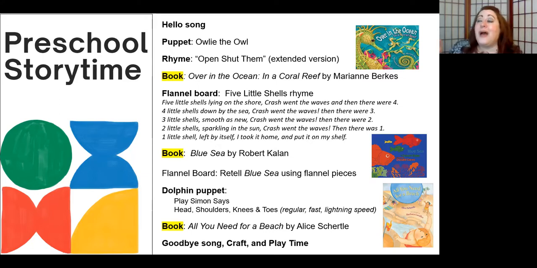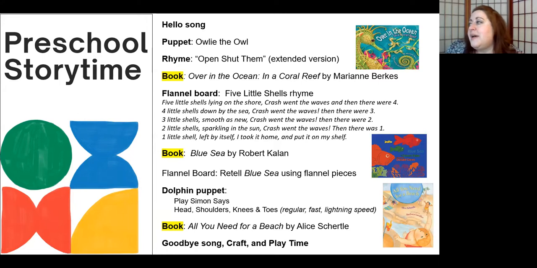up all night, and so Owlie's having a really hard time staying awake for story time, but she's going to try. And then she'd try to talk again and then fall asleep again, and then eventually she'd have to go off and say, have a great story time, but I'm going to go take a nap, and she'd go away. But they enjoyed that, and it was something consistent that they knew about if they came to all the story